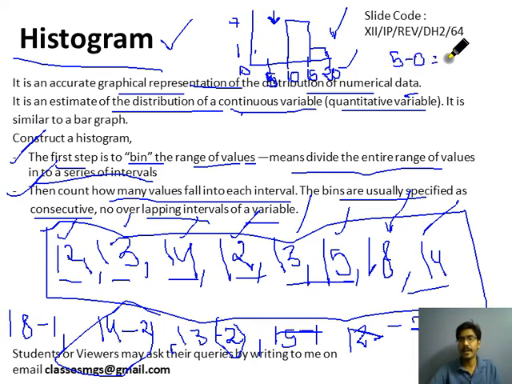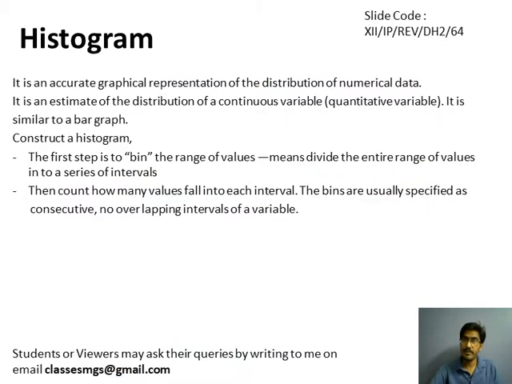And then 10 minus 5 should be 5. So the difference between the two elements of the range should be equal for all the intervals, like 5 to 10, 10 to 15, 15 to 20. This difference will always be 5. Such a distribution should be used in a histogram, otherwise there will be overlapping, and overlapping is not allowed in a histogram. Keep this in mind. So we can move ahead now.